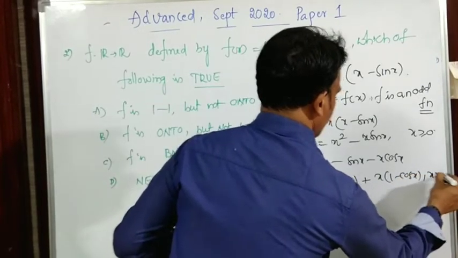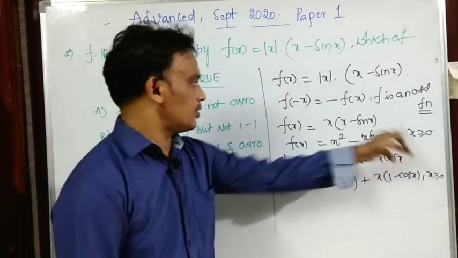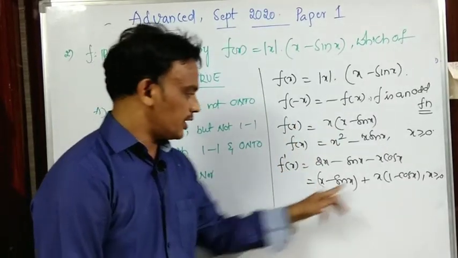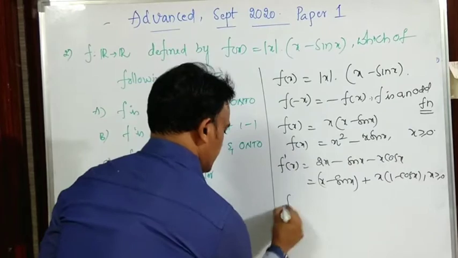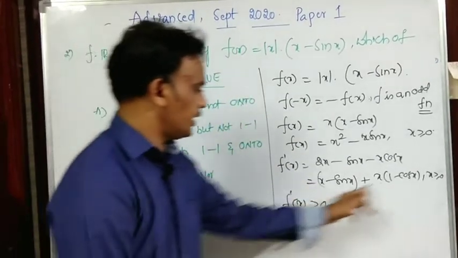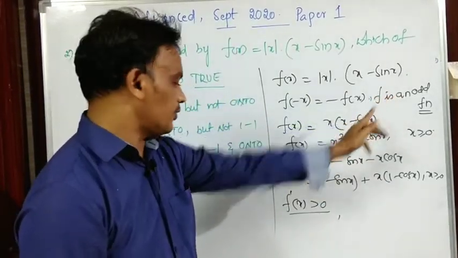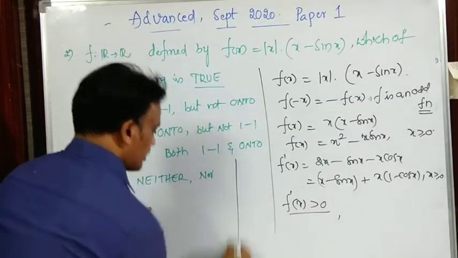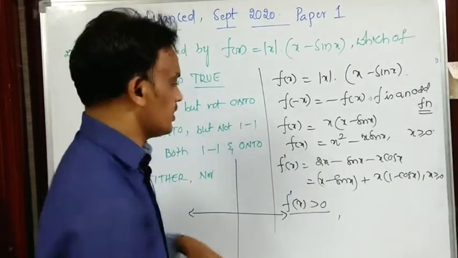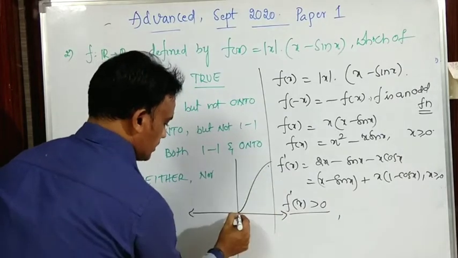Here for x greater than or equals 0, what do you say f dash of x is? Please observe this. For x greater than 0, I defined the function and then took its derivative, which is like this. So for x greater than or equals to 0, clearly f dash of x is greater than 0. Coming to the graph, it is an odd function and f dash of x is greater than 0, so I can say it is an increasing function. So we get the graph like this.